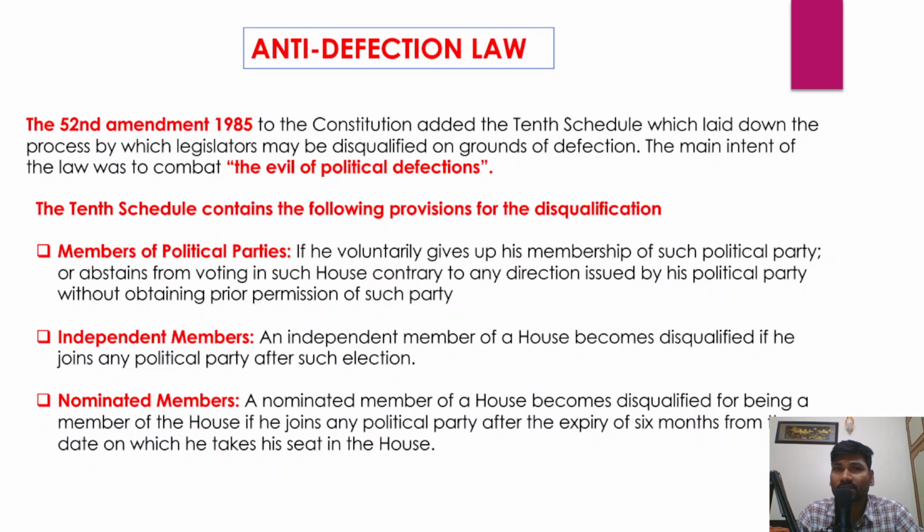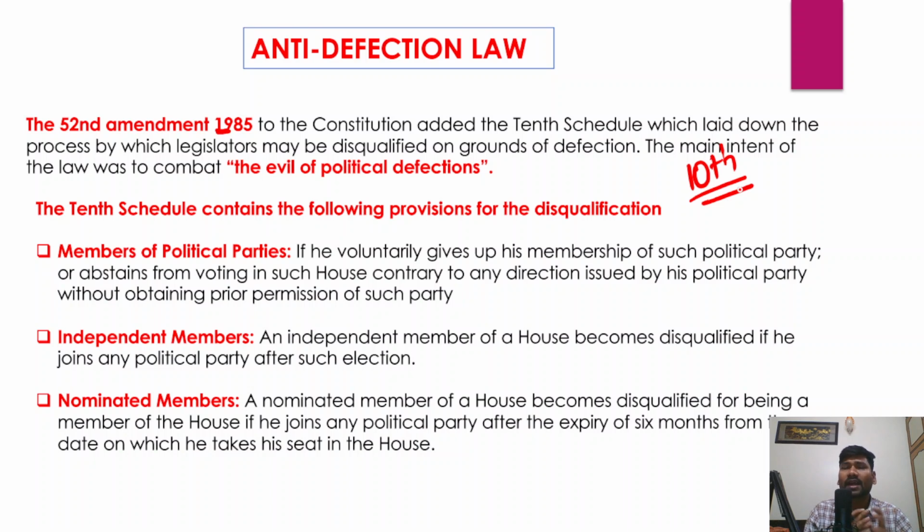Now when we discuss the anti-defection law, you might have seen a lot of questions on it, because it is a constitutional amendment that has been brought in to prevent or arrest horse trading and corruption in politics. In fact, the 52nd Constitutional Amendment Act was passed in the year 1985. During the Rajiv Gandhi government, the anti-defection law through the 52nd Constitutional Amendment Act was brought into effect, and in fact it has been included in the 10th Schedule of the Indian Constitution, right? So it has been included in the 10th Schedule of the Indian Constitution.